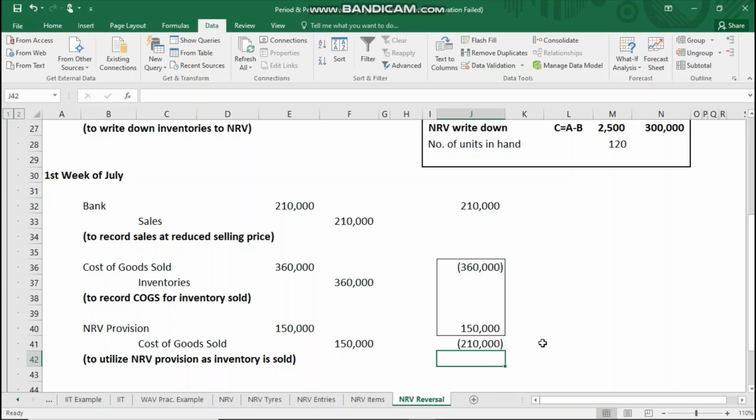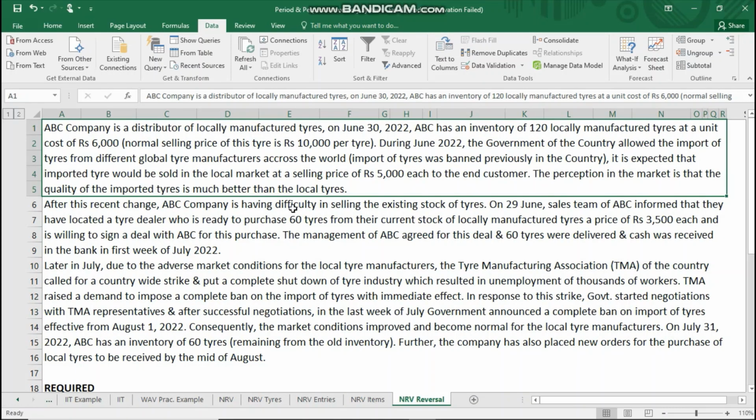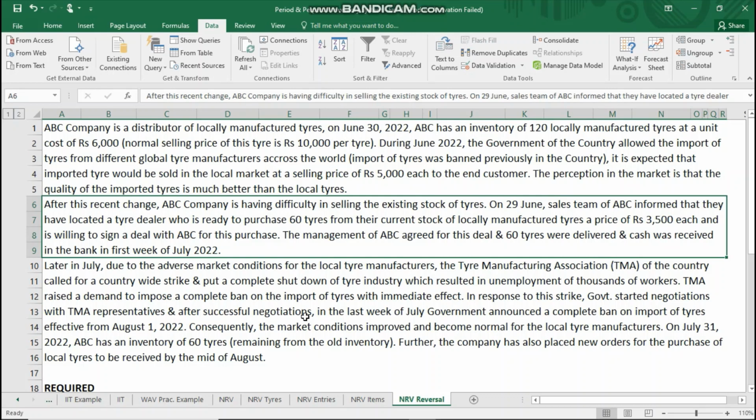तो यहाँ पे जो की एलिमेंट है वो ये है कि कोई ऐसी इन्वेंट्री जो कि प्रीवियसली राइट डाउन करके एनआरवी तक उसको हमने रिकॉर्ड कर दिया हो, अगर वो सब्सिक्वेंटली सेल होती है तो उसका एनआरवी प्रोविजन जो है उसको भी हमें रिलीज करना होता है। ठीक है, क्योंकि जो इन्वेंट्री हमारी बुक से आउट हो गई यानी सेल हो गई, उसका प्रोविजन भी हम अपनी बुक्स में नहीं रख सकते, तो उसके प्रोविजन को भी हमें रिलीज करना पड़ता है। ठीक है, तो ये की पॉइंट है यहाँ पे।